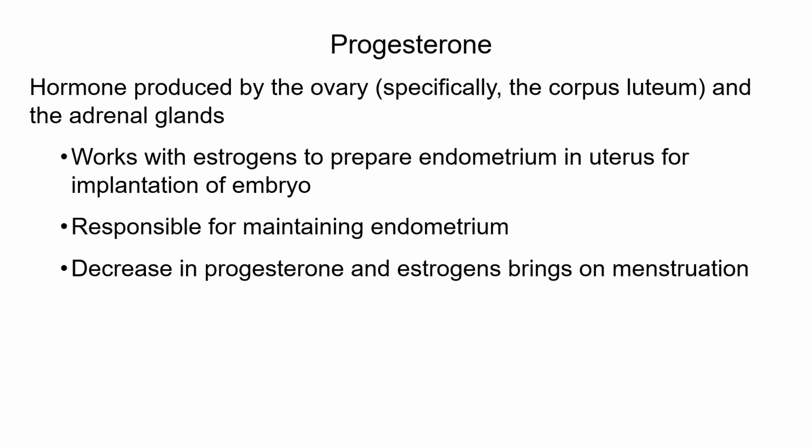Progesterone is also a hormone produced by the ovaries, and there's only one molecule called progesterone, so we don't need to talk about it in its plural form. And progesterone, I hope to remind you that in the ovary, the progesterone is produced by the corpus luteum, and that's that endocrine structure that forms in the ovary following ovulation, that's the word, following ovulation, that empty follicle, that ruptured follicle, is converted into the corpus luteum